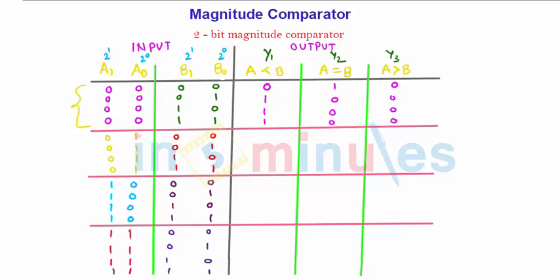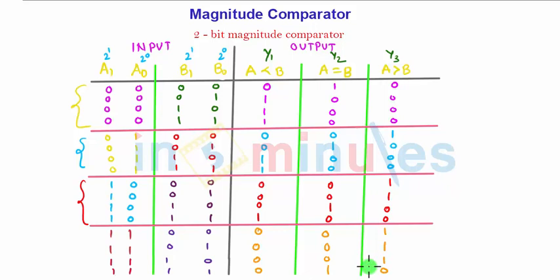In the next group, when A is 1 and B is changing, in the first case B is equal to 0, so A is the greater number, A greater than B, and the output will be present here in the first case. The rest of the 2 outputs, Y1 and Y2, will be 0. In the second one, A is equal to B because both have magnitude 1, and the rest of the outputs will be 0. In the last 2 combinations, A will be smaller than B, so the output will be present here, and the rest of the outputs will be 0. I think you got the idea, so I will complete the map for you.